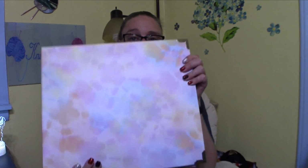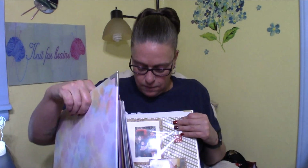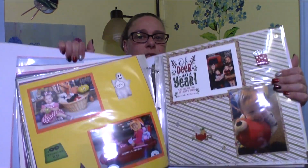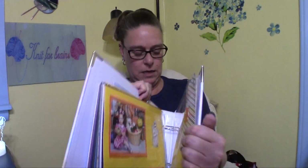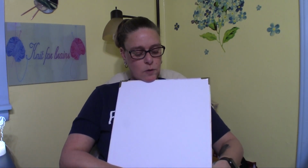Then, which this is not knitting, but I've done a lot of stuff lately that was not knitting. Oh my gosh, this is heavy. Guys, I've shown you before, Peanut's scrapbook. It is completely done. And it ended up being like 56 pages. Yeah, 56 pages. So, see? Ta-da. So I finished that one. And then I finally went... Why is the thing opening? There we go. Then I finally...